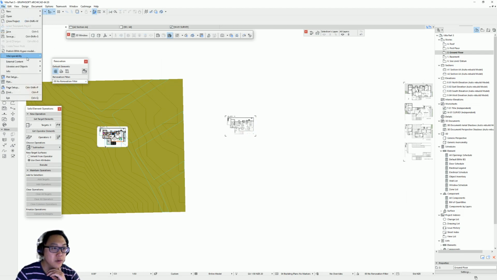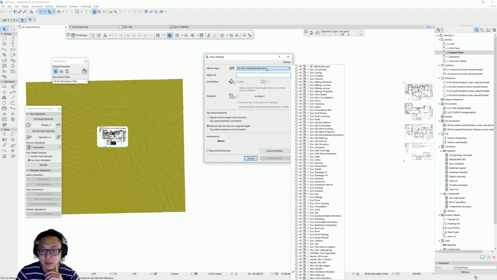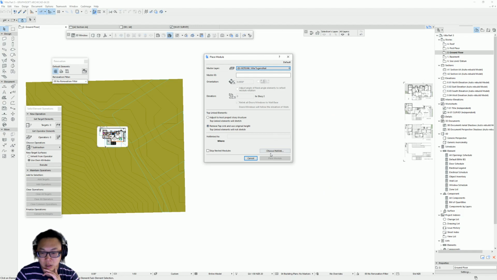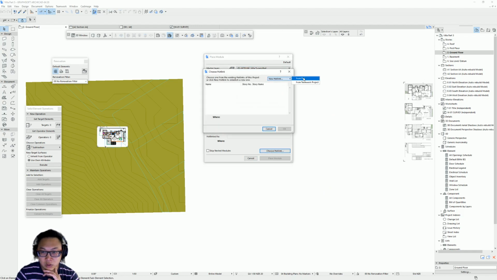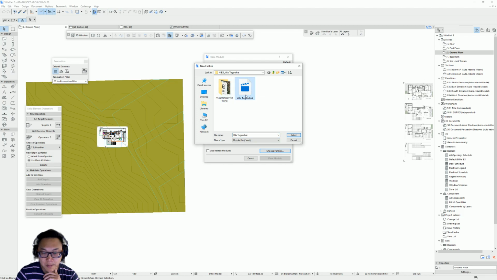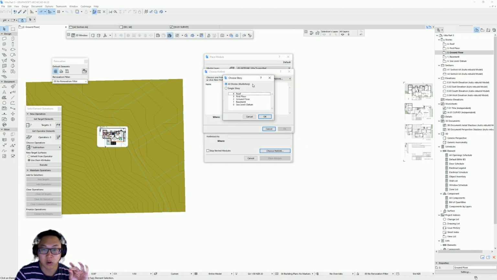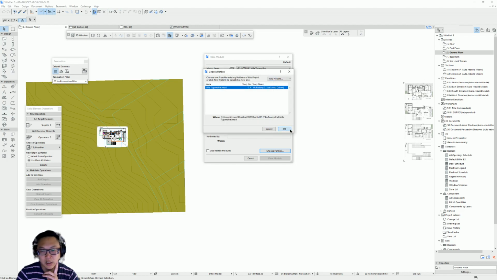Now I'm going to go back to File, External Content, Place Hotlinks. I'm going to change the master layer to, where's my hotlink? This one. And choose hotlink, new hotlink from File, and this is the one. I don't know why it's showing this type of icon, but press Select, and you want to bring in all the stories, not just one. Usually you'd use single story if you were to build like an apartment building where each floor plates could be different. Try to do that in another video, but just bring all stories. Press OK, OK,